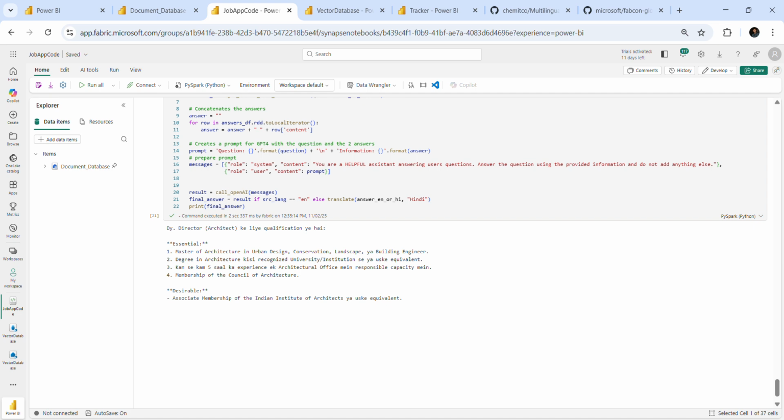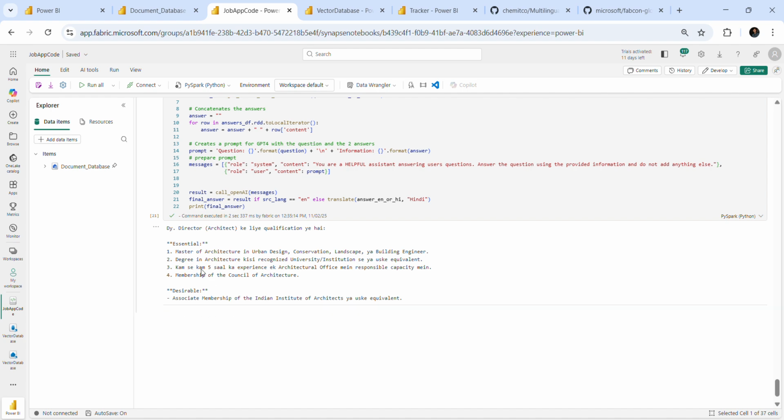So it will help a lot to the community, and I think this platform is going to help around 20 million or 30 million students in India, because most of the students preparing for the examination are struggling, and most of them don't know English, so their English is not much, so they are opting for Hindi. And this platform will give you multilingual support. So I think this is the best example of an AI use case with Microsoft Fabric, and we can build a lot of solutions.